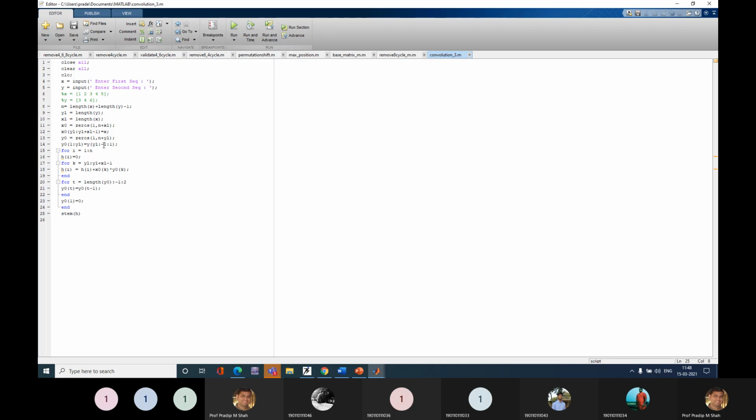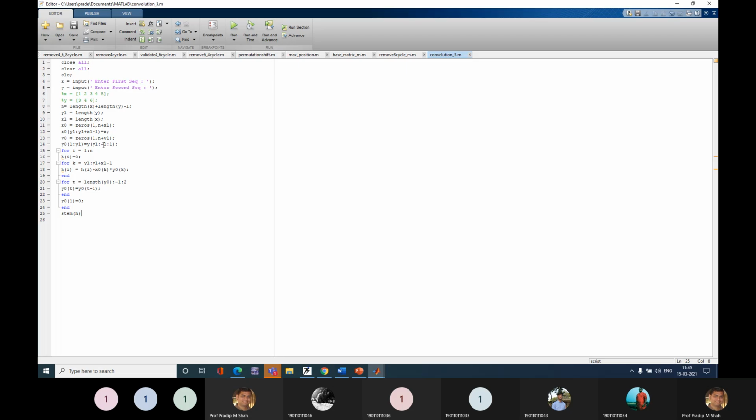So the simple meaning is, what have I done so far? I created a zeros vector. The zeros vector size I kept as n plus x1 and for the other n plus y1. In one I filled the values of x, in the other I filled the values of y. But the y values I filled are in reverse order. So you must understand it and create an image in your mind. Which image? I take the x sequence and put it as it is.